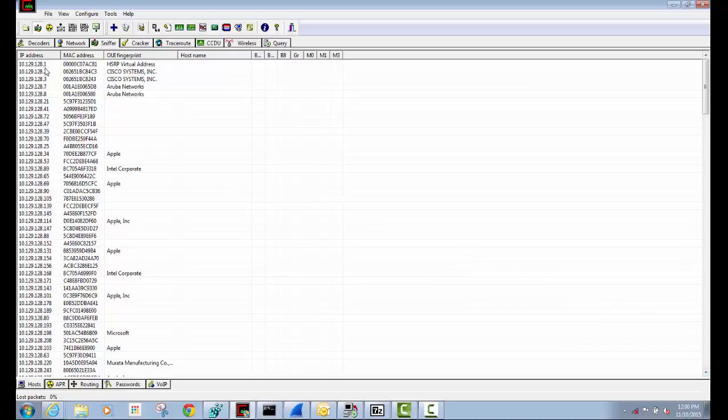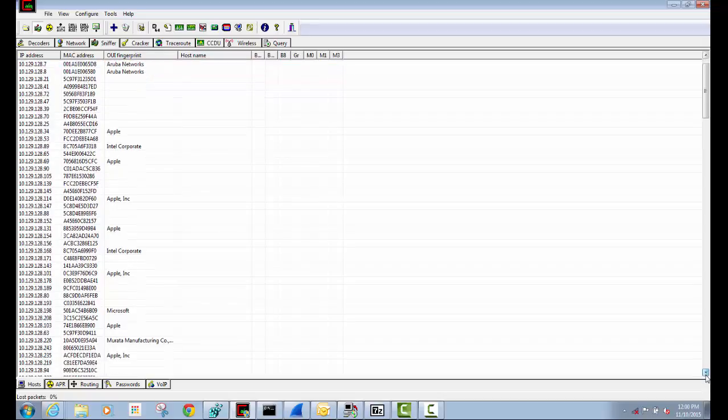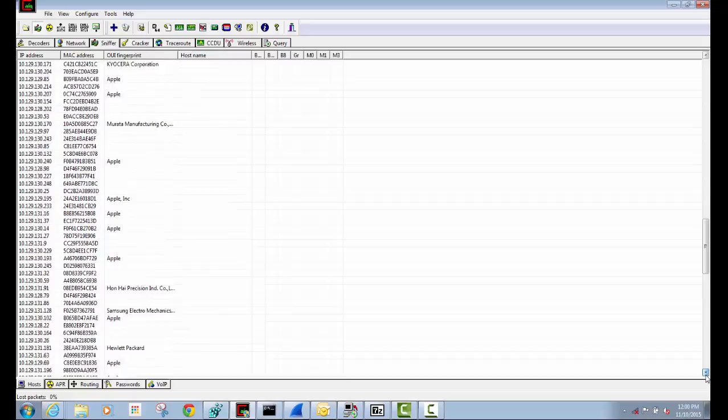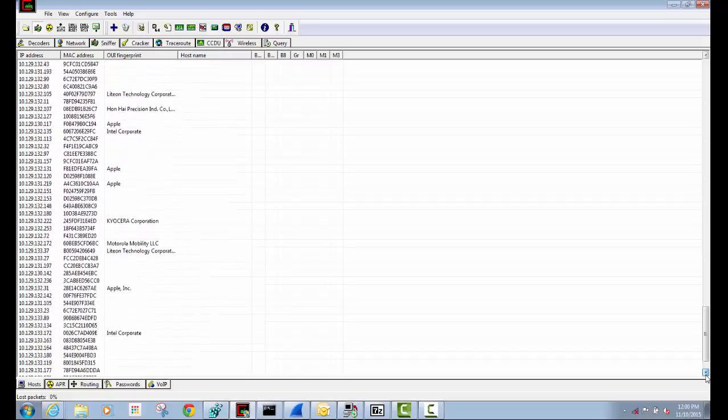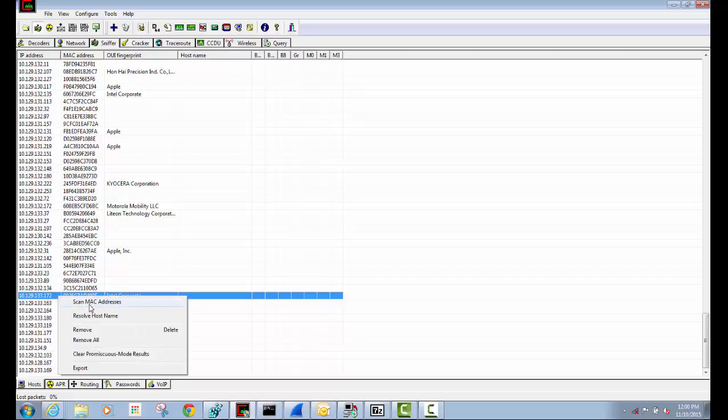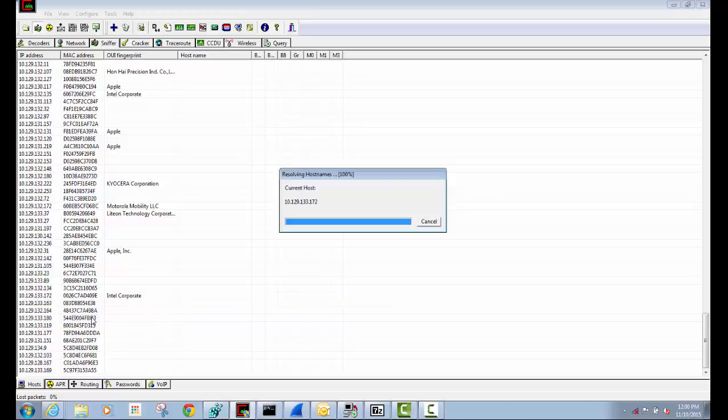So the router's IP is right here, and the victim's computer should be, the victim's computer is right here. I like to resolve the host name to make it a little easier to find in the future. Don't need to do this, but